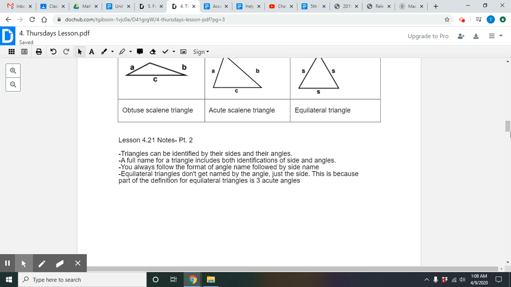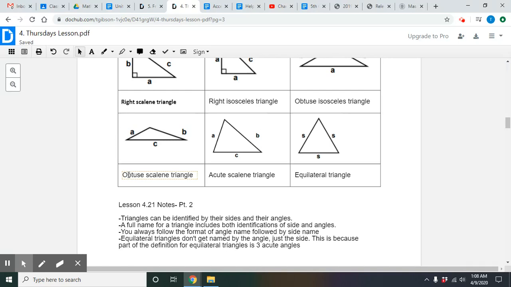So triangles can be identified by their sides and their angles. A full name for a triangle includes both identifications of side and angles. And you always follow the format of angle name followed by side name. So realize when we were going through these, we named the angle type first, and then we got into the side length name for a triangle. It was never opposite. So make sure you are always doing it in this order, and it always should be angle name first. So either right, obtuse, or acute, followed by the side length name, which is scalene, isosceles, or